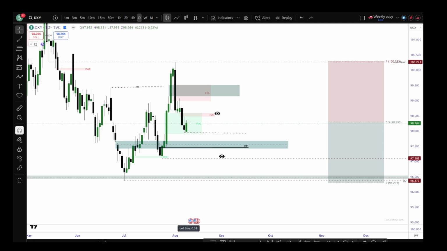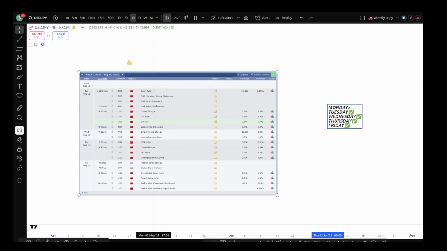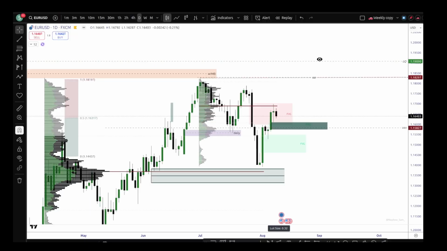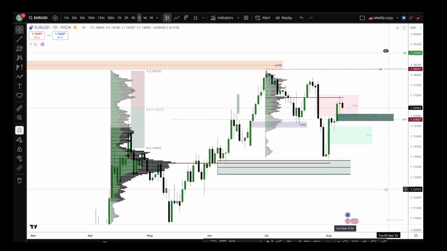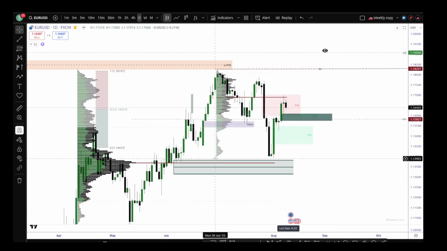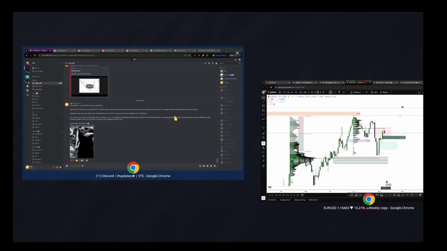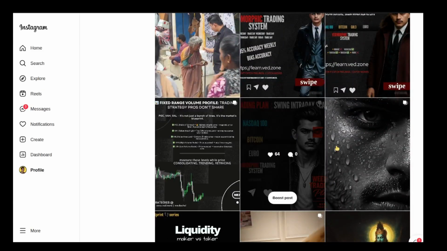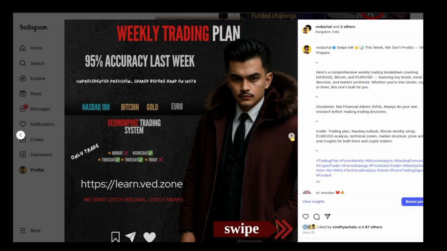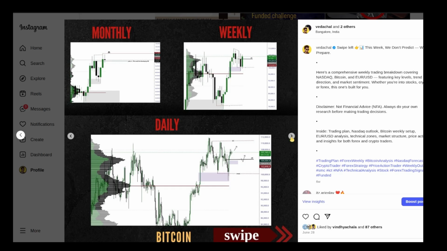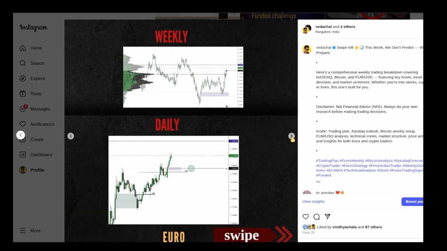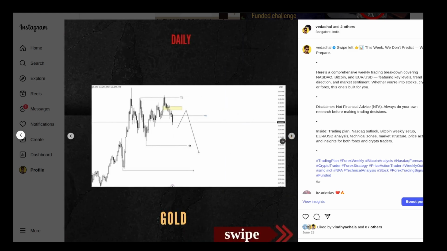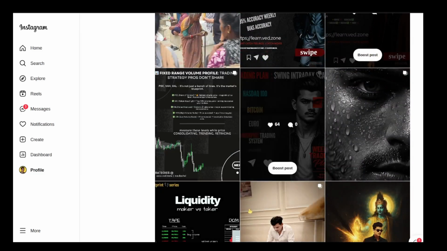Again, you don't have to go deep into DXY because we won't be trading it. This is more for the buyers, like I explained here, right? And then the Euro USD has been giving great trades, especially under the VTS system. This daily I have already shared, right? If you look at my Instagram, all these weekly analyses I was sharing for free, weekly trading plan. See, we are anticipating each of these targets. It's a Euro. See, we got the trade here, I believe. Nonetheless, you can check it out yourself on my Instagram.